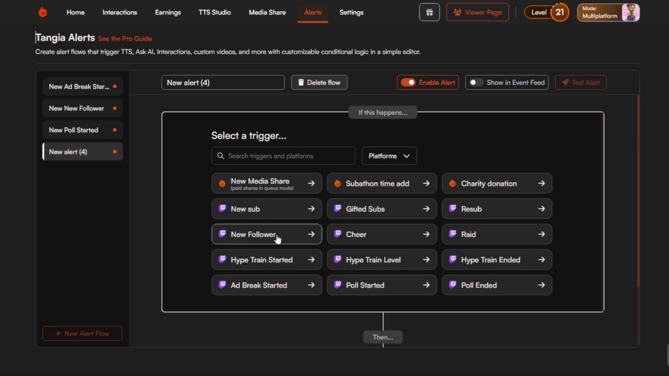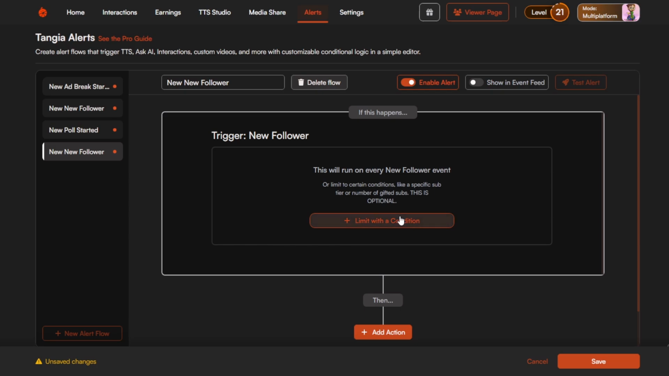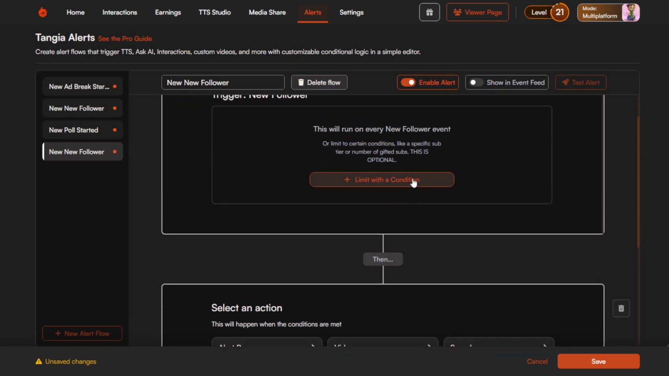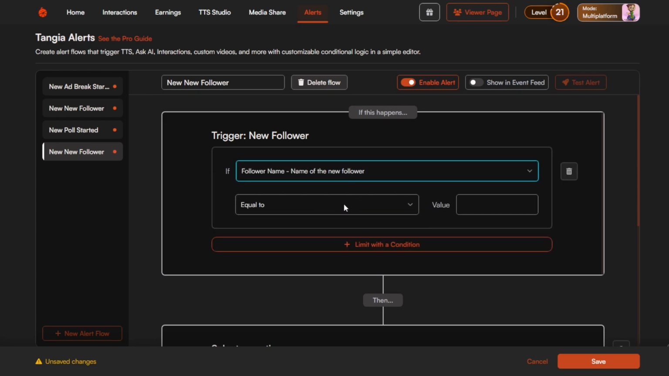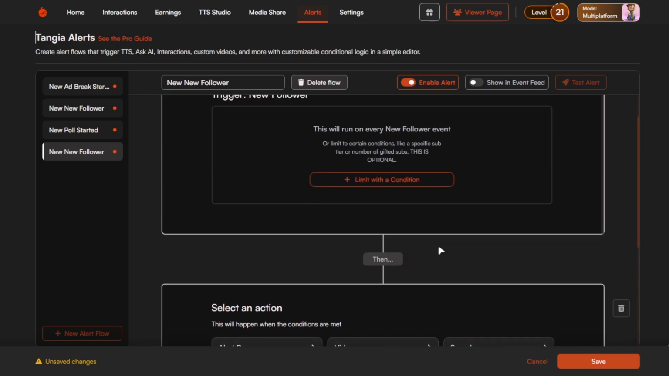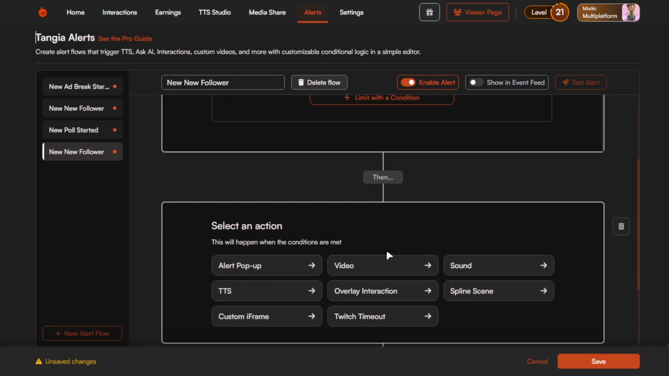Let's show new follower. So on here you click new follower, and if you want to limit it with a condition, there's not too much you can add for new follower, but it'll tell you everything that it has. So say you wanted to limit it to someone with the letter H in their name, you can do that. That's an option. There's conditions to every alert that you make, which you can go deep into, which isn't worth showing too much,